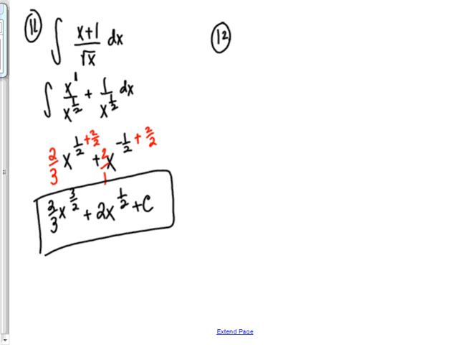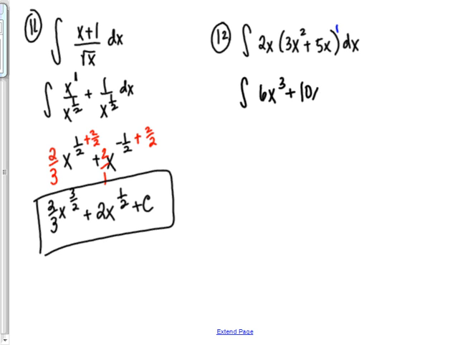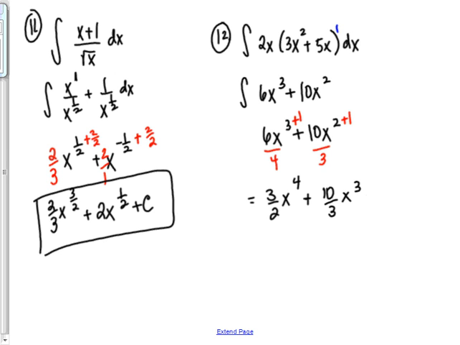And then the very last one, 3x squared. All right, if you don't have a power on the parenthesis, meaning it's a first power right here, understood, first power, just distribute real quick. We would get 6x to the 3rd plus 10x squared. And now we can very quickly add 1 to it, divide by the new power, add 1 to it, divide by the new power. So in this one, reduce that 6 over 4 to 3 over 2, x to the 4th, right? Reduce it to 3 over 2. And then this one doesn't reduce, 10/3 x to the 3rd plus c. Okay,